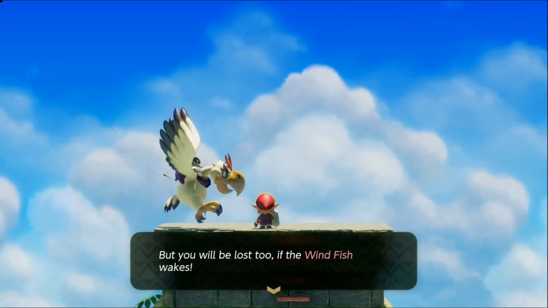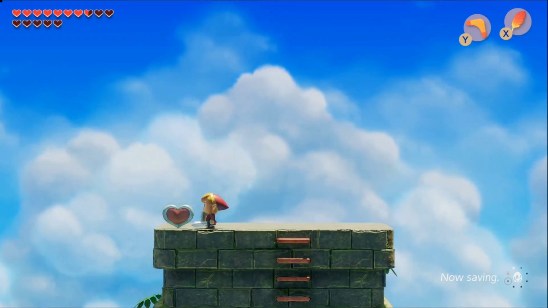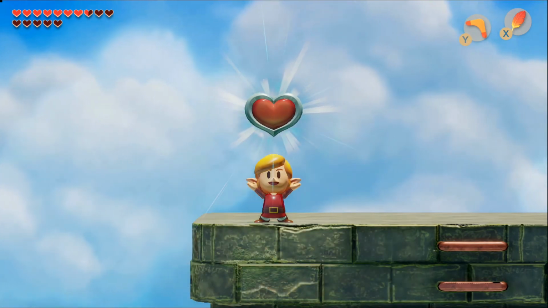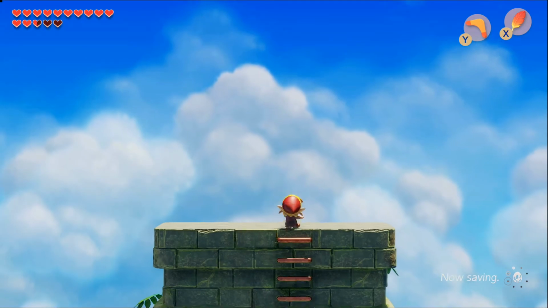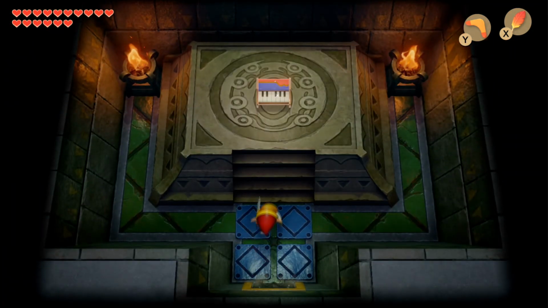Once again, as kind of a recurring theme with all of these bosses lately, he's going to warn us that if we wake the Windfish that everything will disappear. So after he explodes, we're going to grab our heart piece and head downstairs to where we can try to find our instrument. Walking out of the doorway, we jump down to the right here,